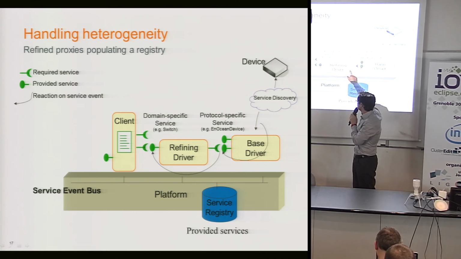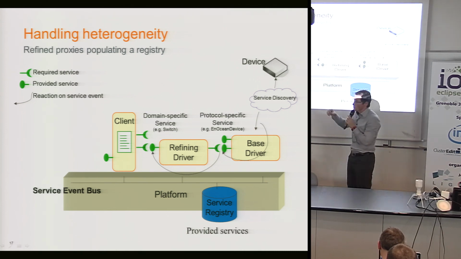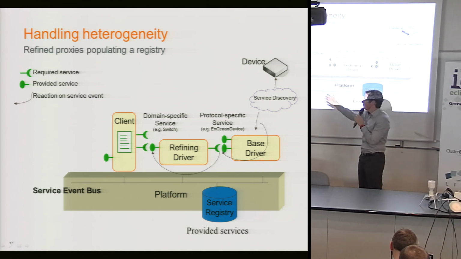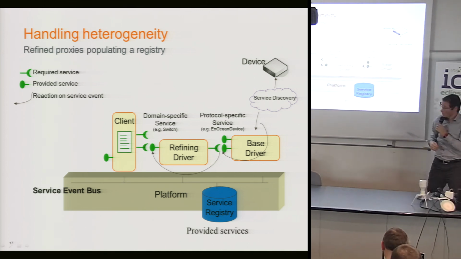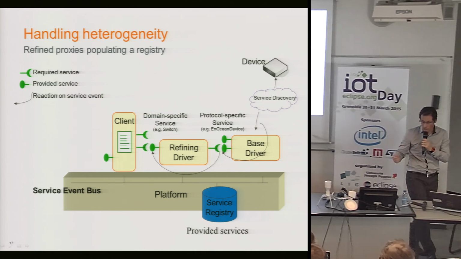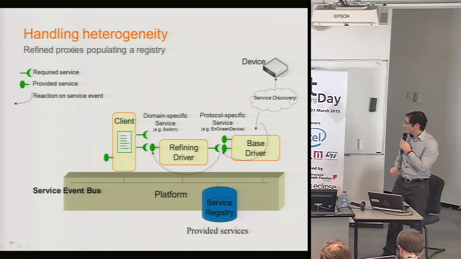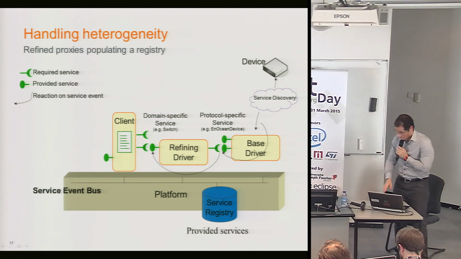Then, responding to this event, it registers the right adapter in the interface expected by the application, and then you can have several refining drivers for all the abstract types that are needed by your application clients, several partners.